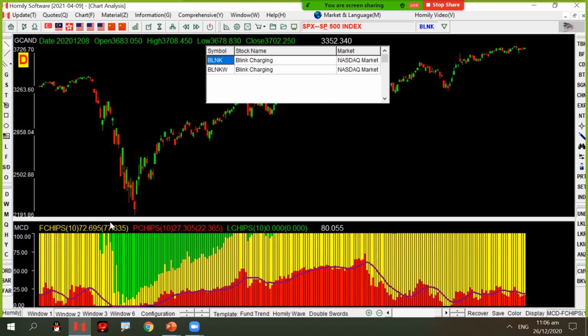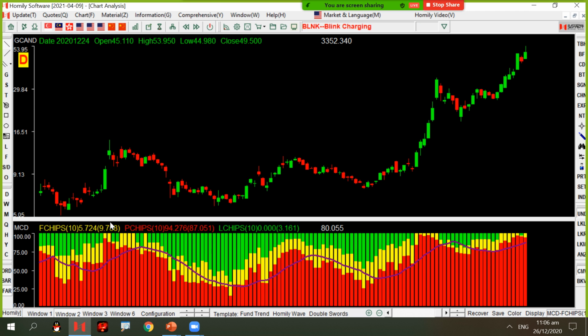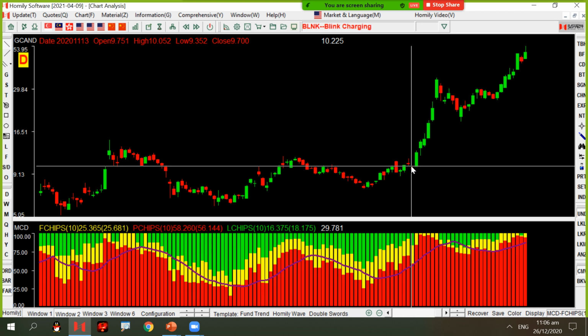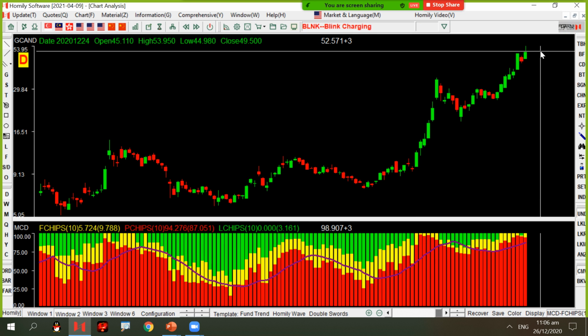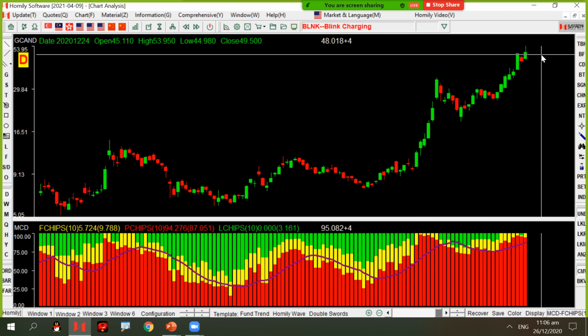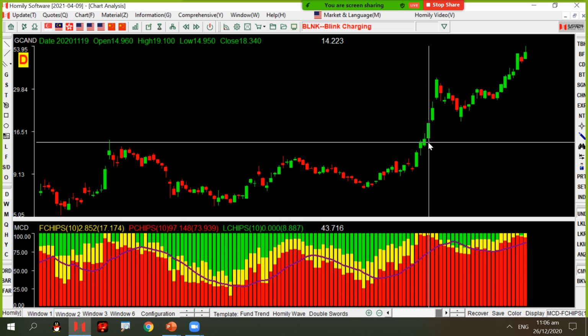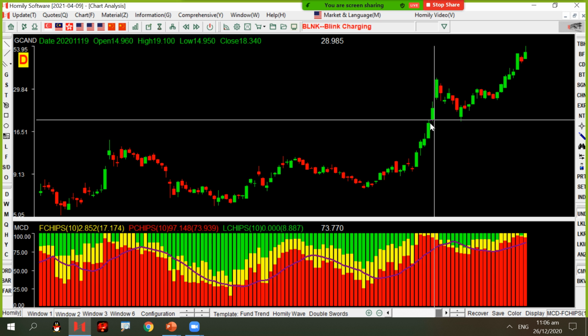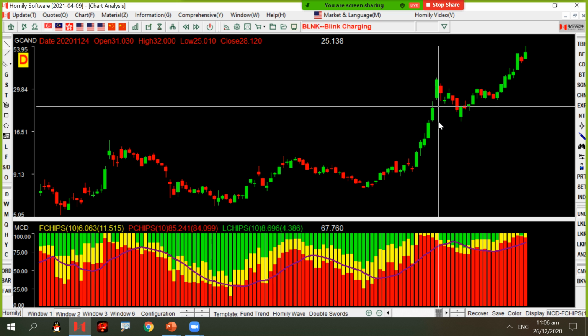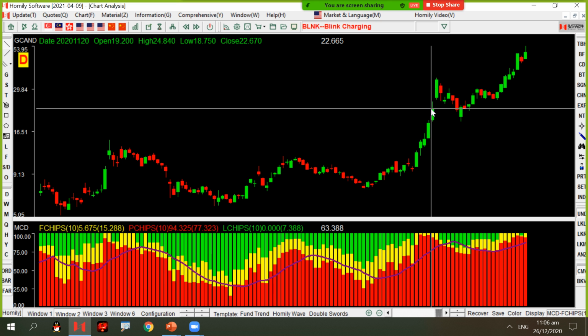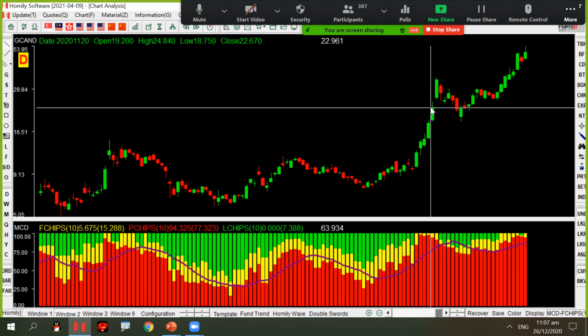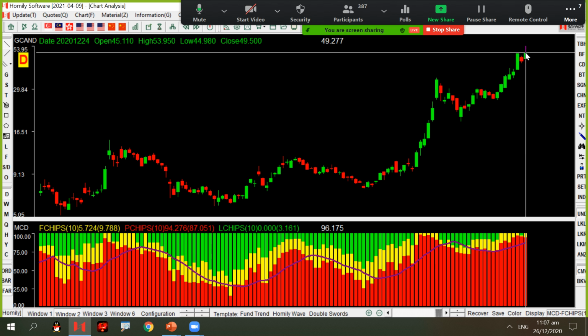I remember around 2 weeks or 3 weeks ago, some shares were so strong like this, BLNK, right? Blink Charging. Okay, the chart just went from $10 all the way until now $50. I remember when around middle November, I used the filter, I got Blink, and I shared it with my members. Some people are very short-term traders. They only took the profit around here, maybe 2 to 3 days, got 50%, 100% because it was so strong. But now it continues to rise up.